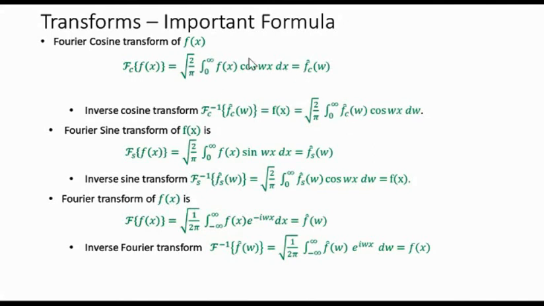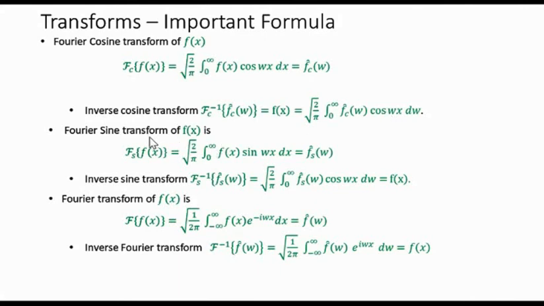And for finding the cosine transform, you need to take the function f of x, whereas for finding the inverse transform, you need to take the transform Fc cap omega. And here the integration is with respect to x, whereas for going back to f of x, you need to integrate with respect to omega. As I said, if you want to get a function of x, then you need to integrate with respect to omega and evaluate it at 2 points. Then omega will be evaluated out, and what will be remaining is a function of x.